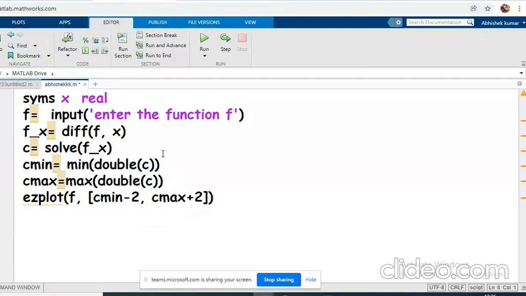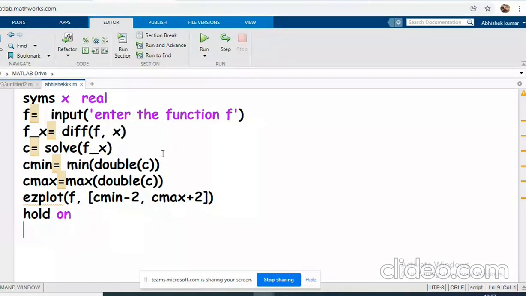Fine. Okay. Now we'll put hold on, so that if you are drawing any new curve, we'll have the old curve and the new curve both. Otherwise, if you don't put hold on, the old one will be replaced by the new one. Okay. Now we got the set of critical points. Now we need to classify which one is the maximum point, which is the minima point, and which is the point of inflection. For that we have the second derivative test.